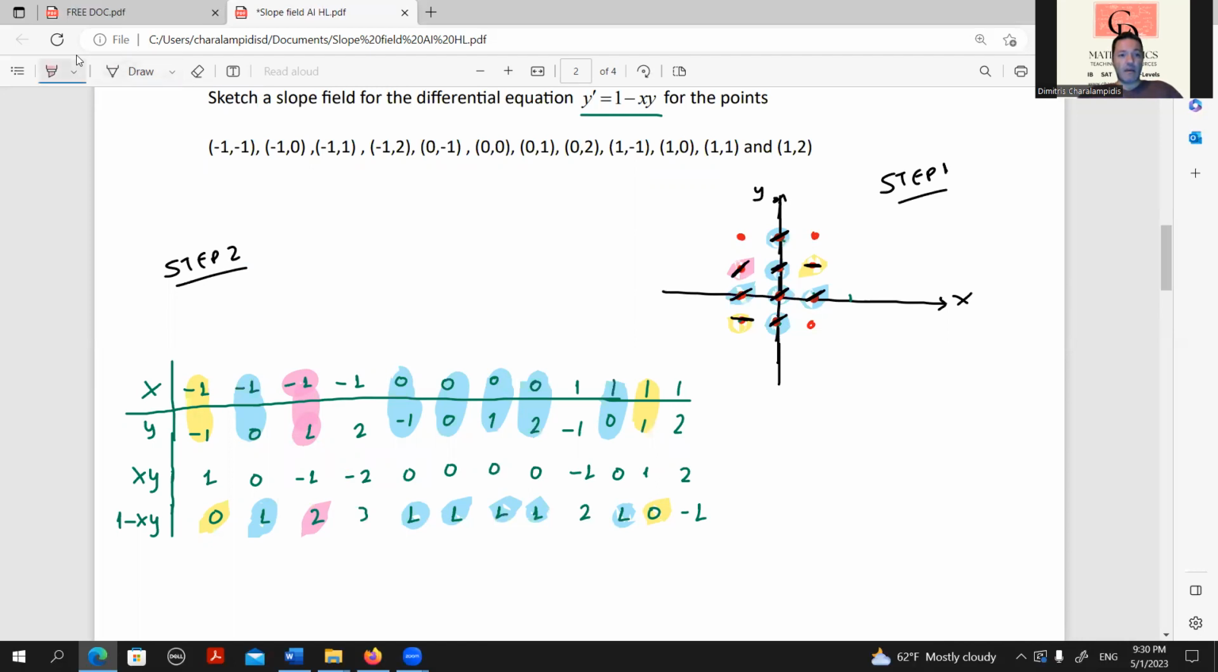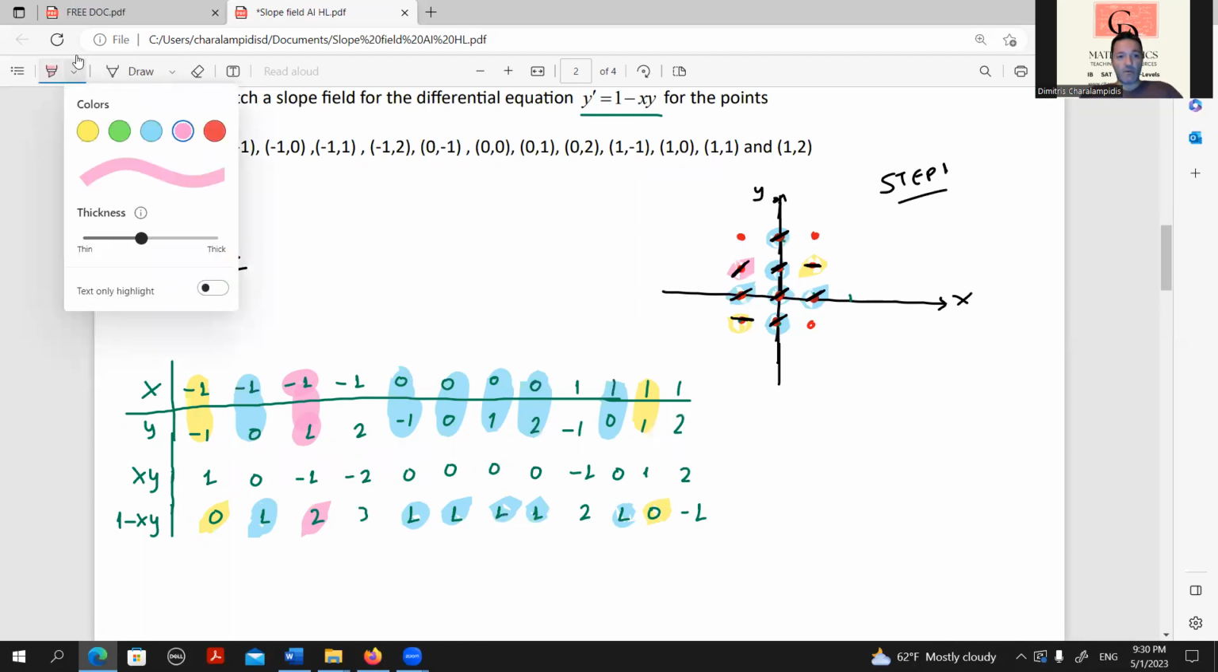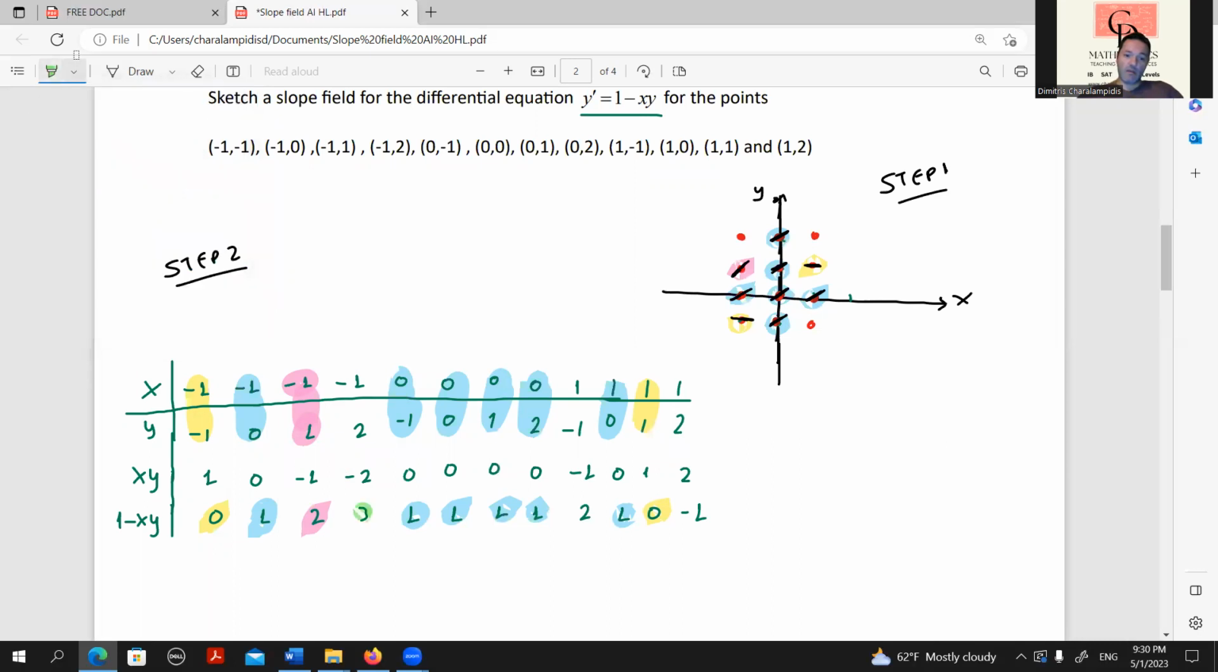Similarly, my biggest value is when the slope is 3, which occurs at the point with coordinates -1 and 2, which is this point. I need to do the steepest slope of all, so I will draw it a little bit like that. And finally, at the point with coordinates 1 and -1,